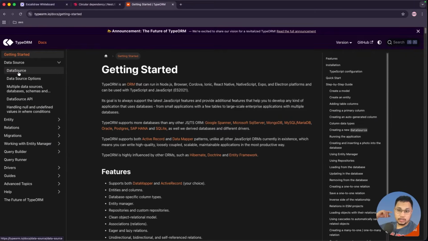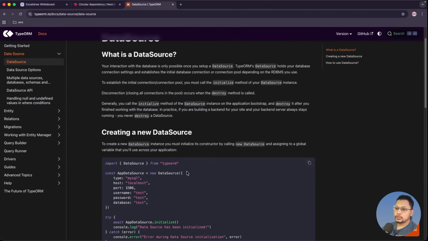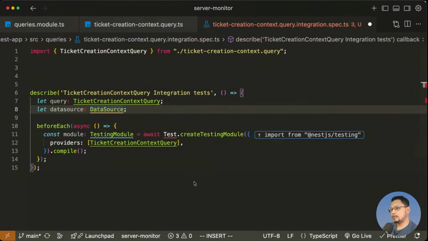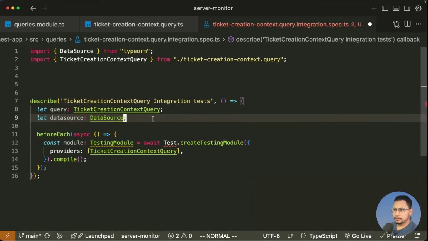the data source. Now, inside NestJS, we are not directly accessing the data source, but if you're using TypeORM inside any other sort of project, let's say in Express or something like that, you will be configuring the data source by yourself and you will be getting the repository out of that data source. Okay, there are multiple methods and we are planning to use this data source directly in our test. So let me bring the data source from TypeORM, and